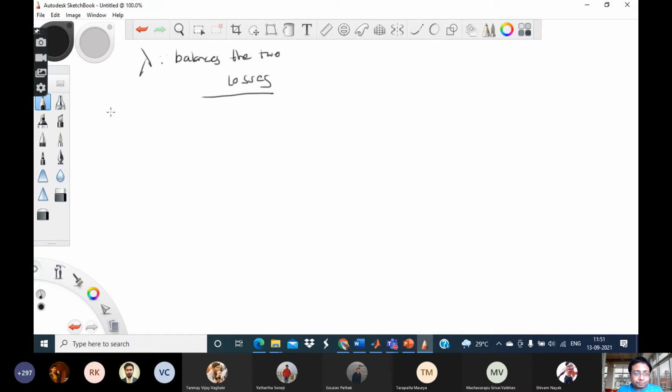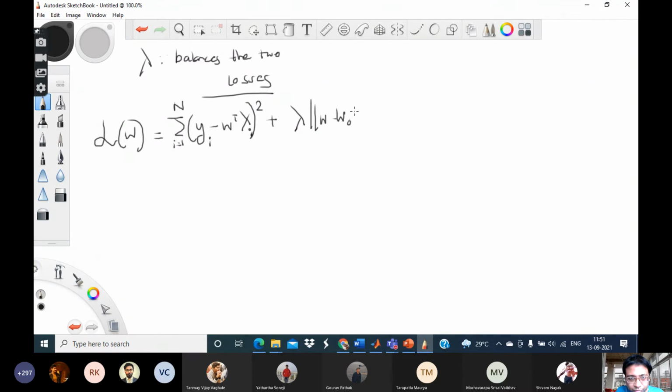Now, what is the problem which I am trying to solve? This is the problem which I am trying to solve. So let's forget what the exact value of W naught is, what the exact value of lambda is. Let us just say that I know these things. So I write it in the following way. This is my total loss function in terms of W. So what do I do once again? What I do is I again solve this equation. I again take the derivative of the loss function with respect to W.